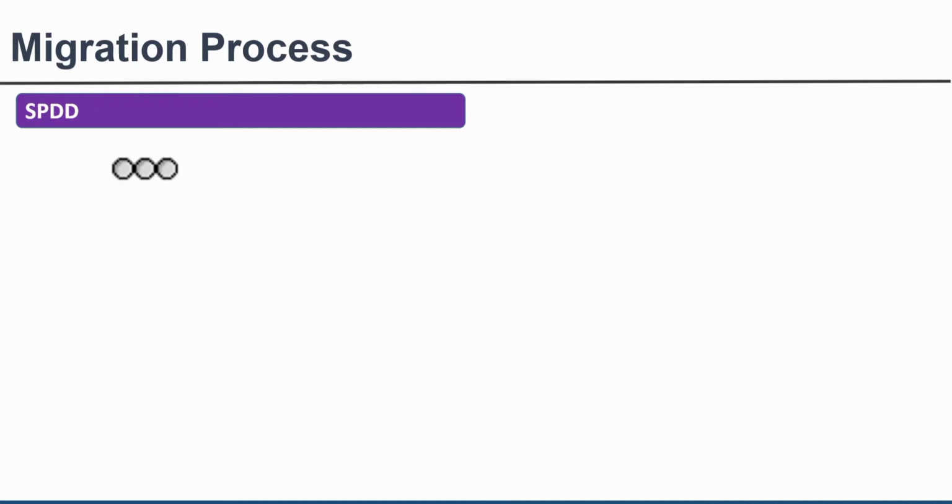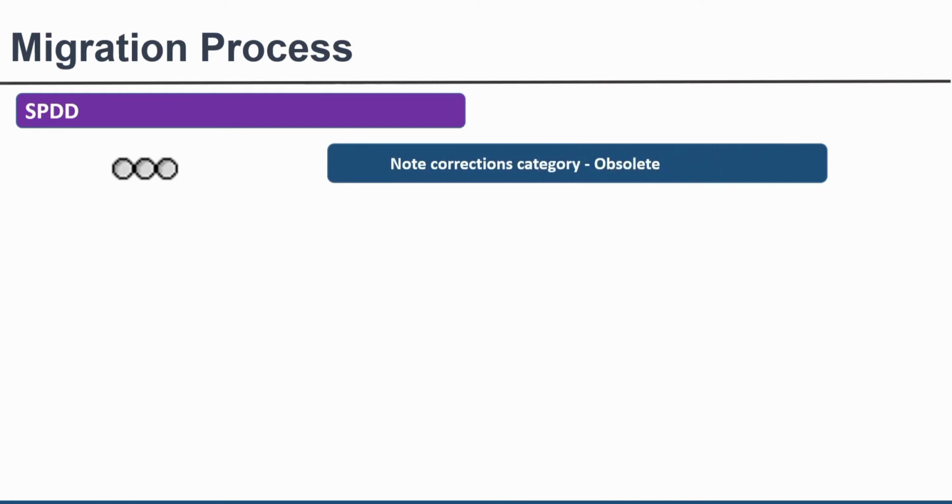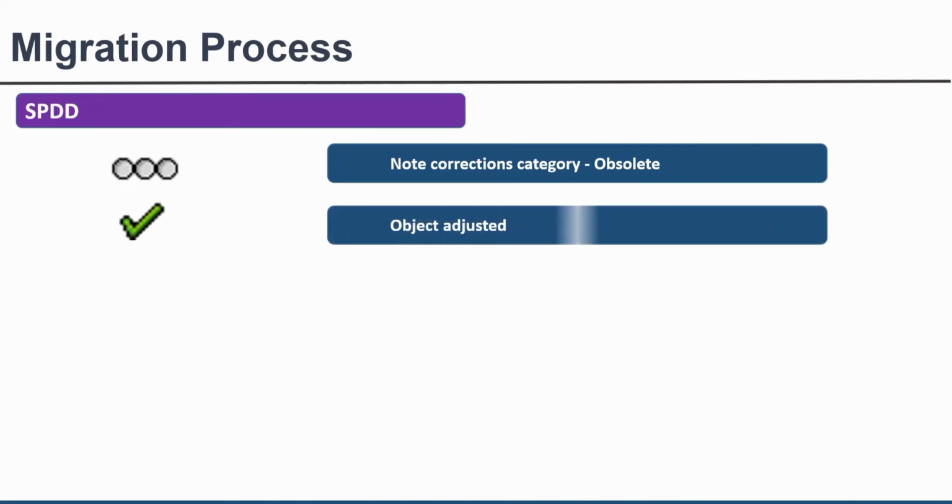Gray traffic light. This icon only appears in the node corrections category. If a gray traffic light is displayed for node corrections, the associated correction instructions are obsolete. The correction is already contained in the upgrade or in the support package imported. Green tick mark symbol. This indicates that the object is already adjusted by SAP itself and no action is required